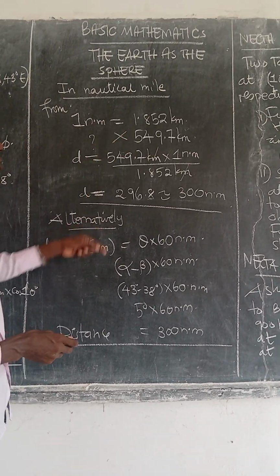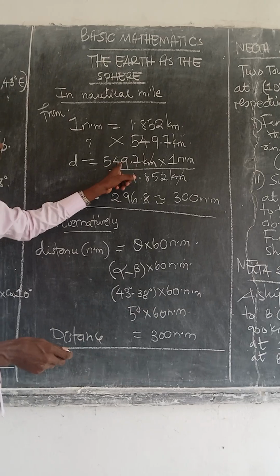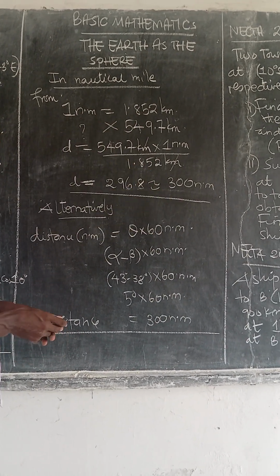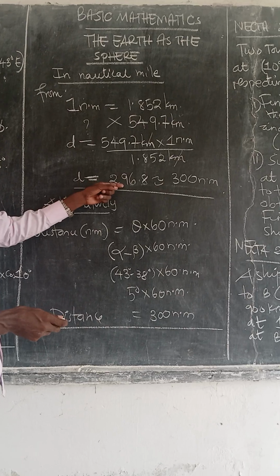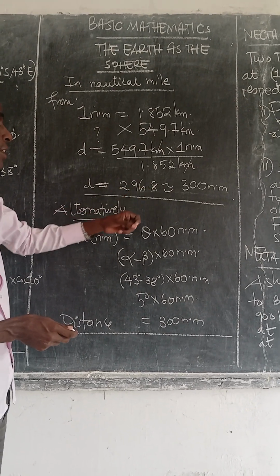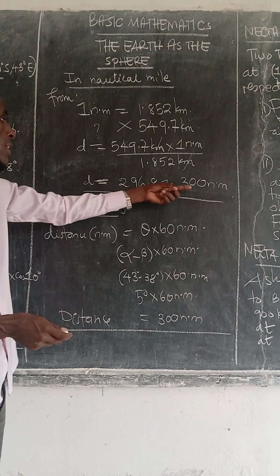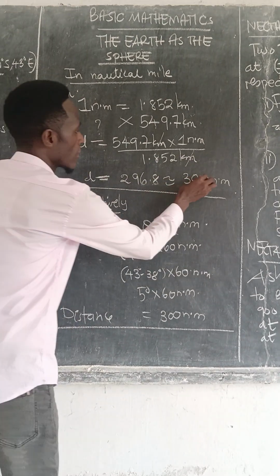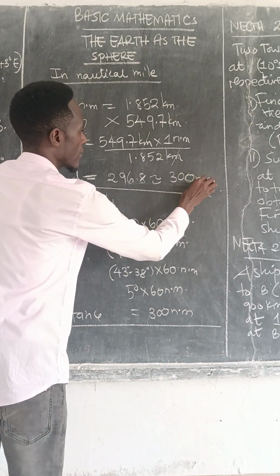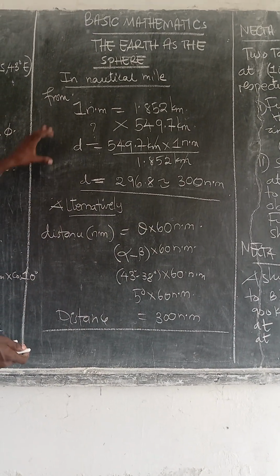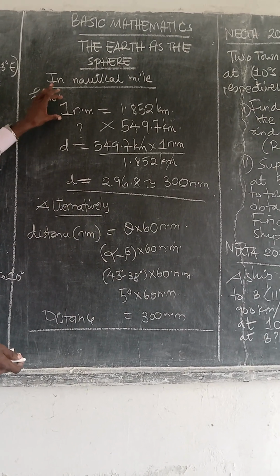Just cross multiplication, you will find it this way. Then this one times this one times this one, and this one times this one, you find it this way. So the distance we obtain is 296.8. When you approximate, or estimate, this value is equal to 300 Newton per mile. Alternatively, instead of using this, the way you can compare this one is equal to this one,